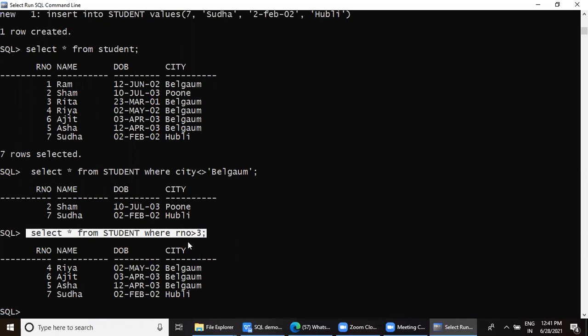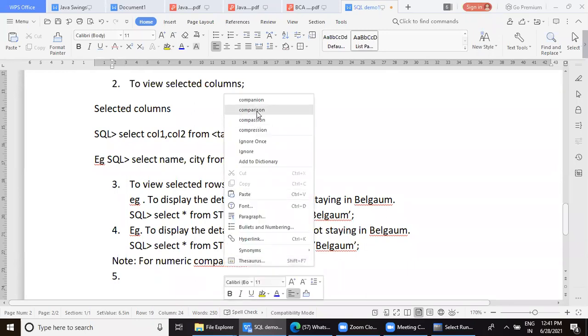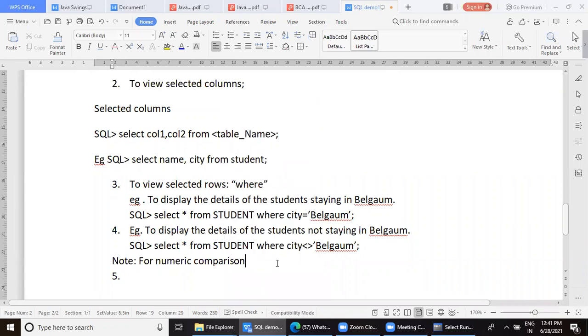Similarly, which all operators you can use? See, for comparison, I will just write a note here. For numeric comparison operators, which all operators we can use?